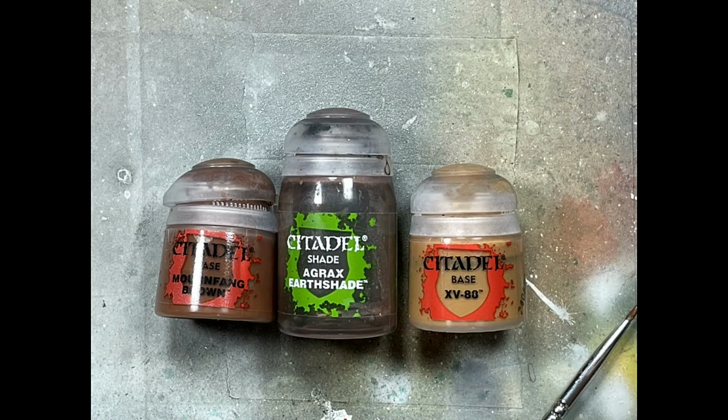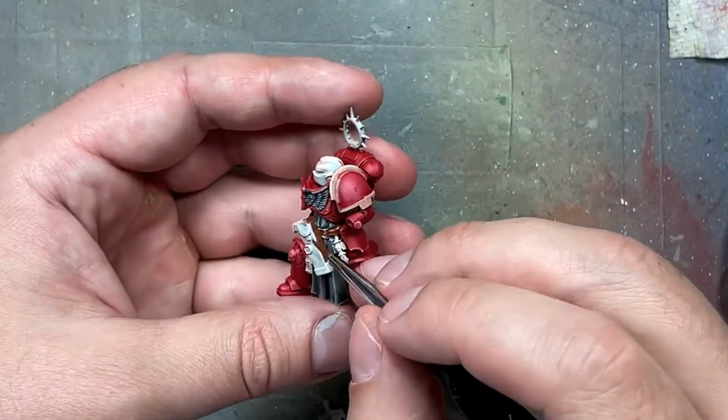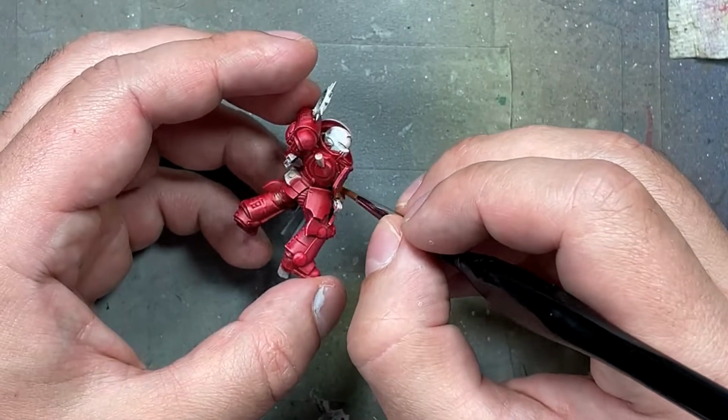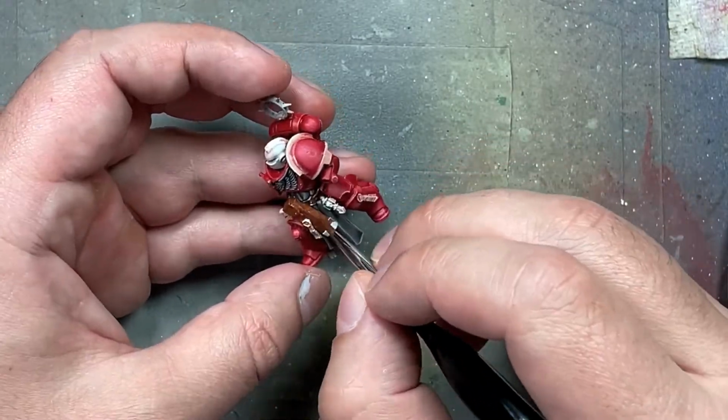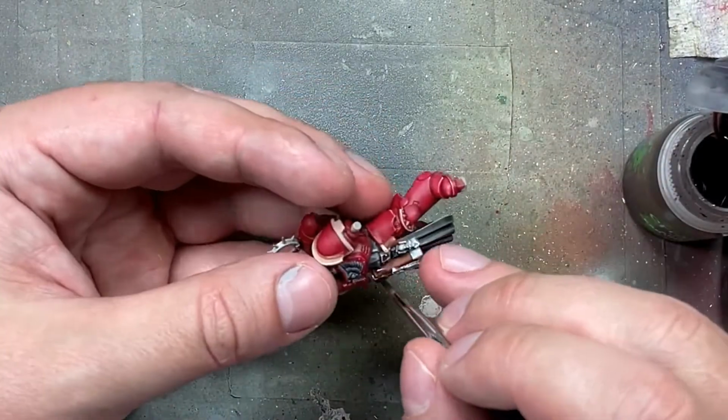Alright, now with Mournfang Brown, Agrax Earthshade, and XV88, we're going to paint the leather that they have and the gun holsters. So first we're going to start with the layer of Mournfang Brown as base. Then we're going to apply a layer of Agrax Earthshade for shading. Then we're going to go back with Mournfang Brown, and then we're going to highlight, covering 80 to 90% of